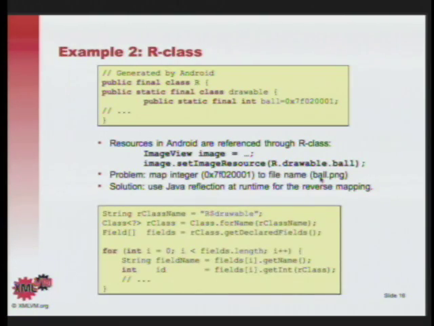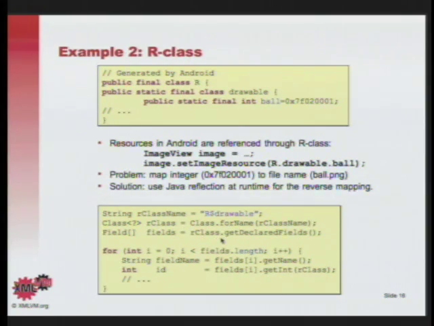Well, what we do is we make use of Java reflection. And on the bottom of this slide, I'll show you a little code snippet that also comes out of our Android compatibility library. Basically, first of all, we're asking for a class object of this R.drawable. So this $ sign here is just the internal way for Java to represent nested classes on bytecode level. So R$drawable is just the way you reference the nested drawable class on bytecode level. But the first thing we do is we just retrieve the class object.